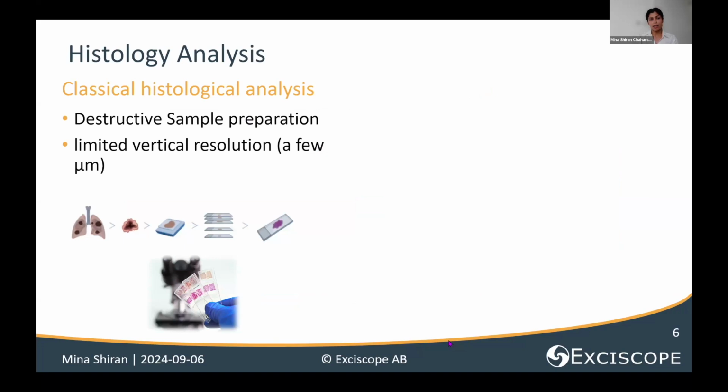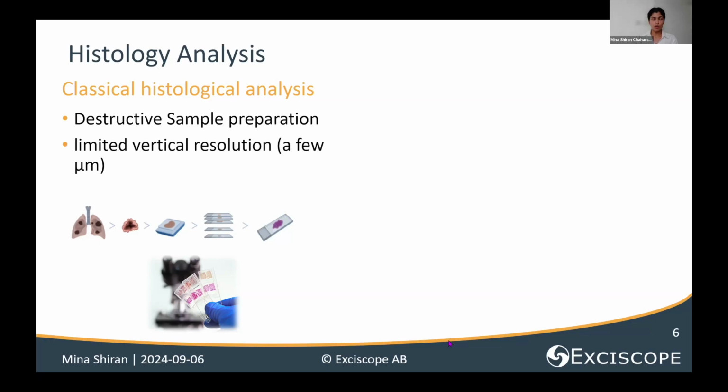So the most common histology analysis that researchers in biomedicine are using is the optical microscope, and it provides a good resolution in the transversal direction. However, it involves quite destructive sample preparation, involving slicing and staining the sample, that in some cases basically changes the nature of the samples, and it also has limited vertical resolution. It is limited to a few micrometers, as we need to slice the samples into thin layers. So when